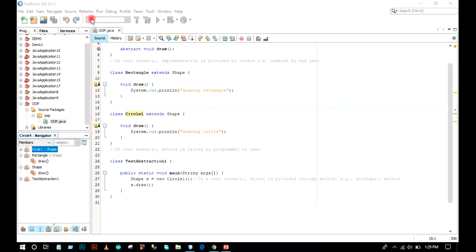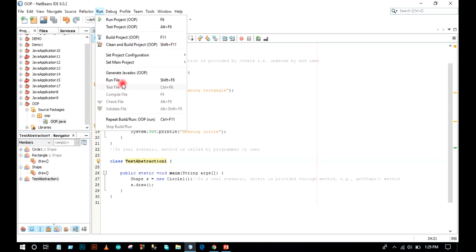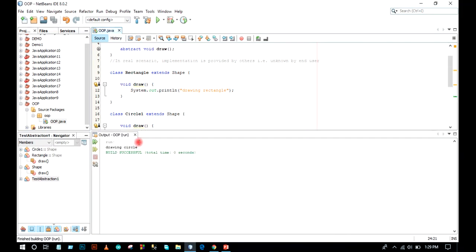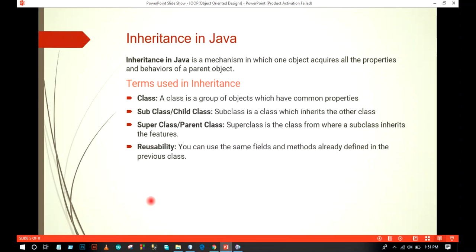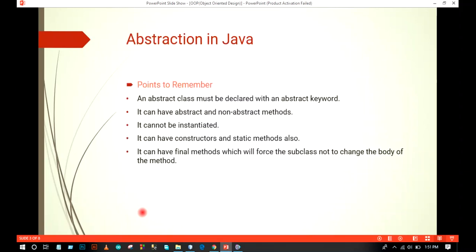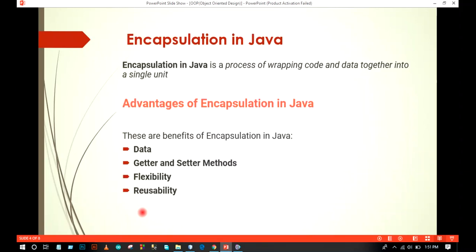Now we run this whole program. So here we can see,